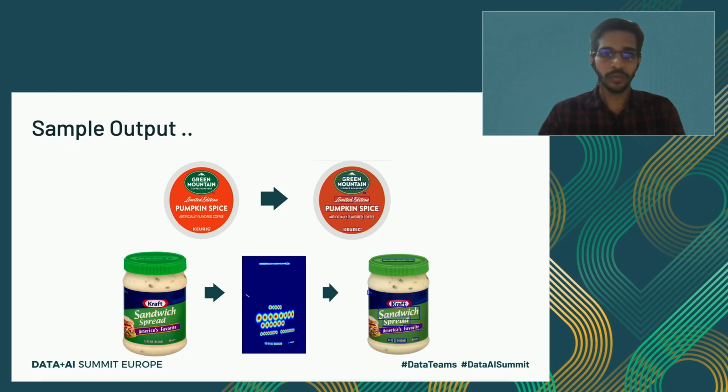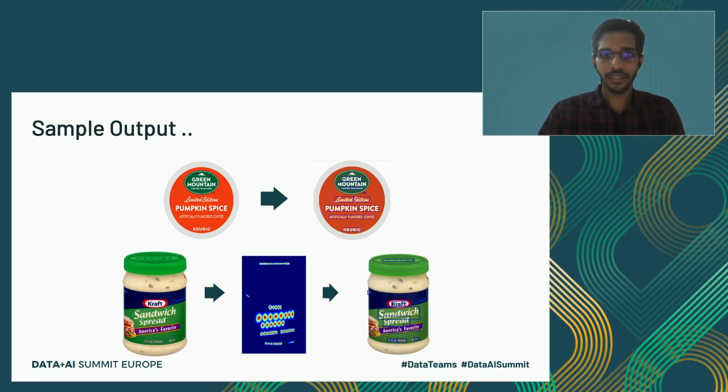I have taken two sample products over here. As you can see, these are the character scores. Using the character scores and the affinity scores, we finally arrive at a bounding box for each of the words in the product image. The only important thing I would say is that there is a word craft written on the lid of this product. Even if it's not in a regular fashion, like sandwich and spread, which are easy to read for human eyes as well, there is a word craft written on the lid. Even if it's slightly slanted or in a different perspective, we are able to detect those things.